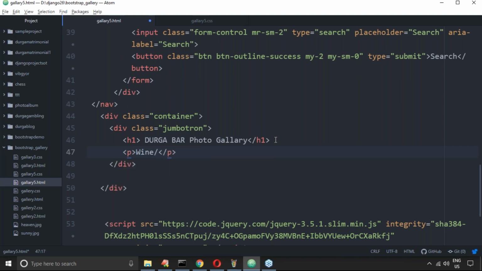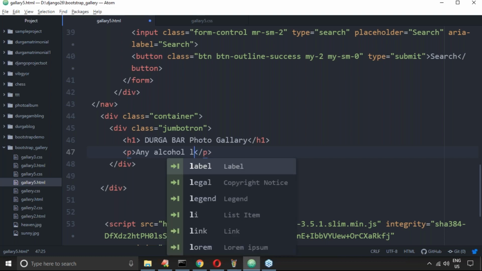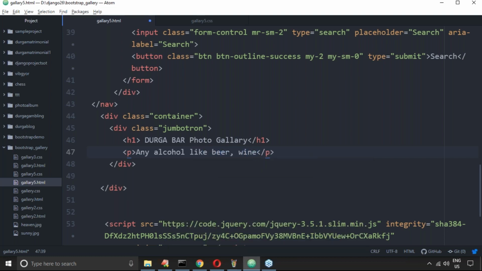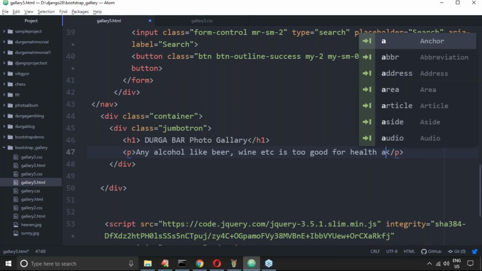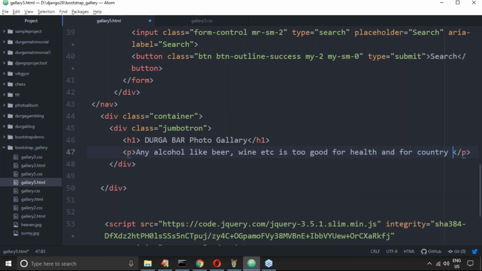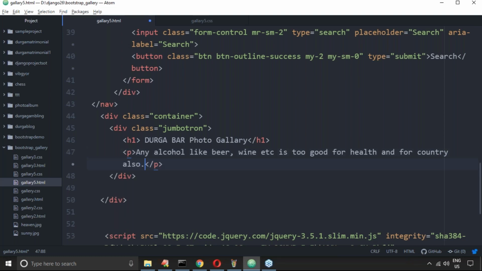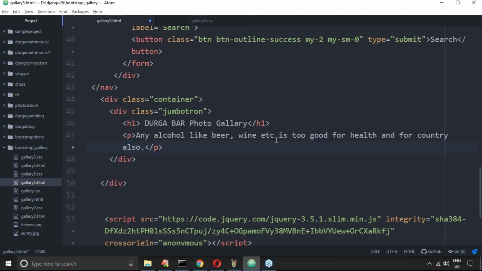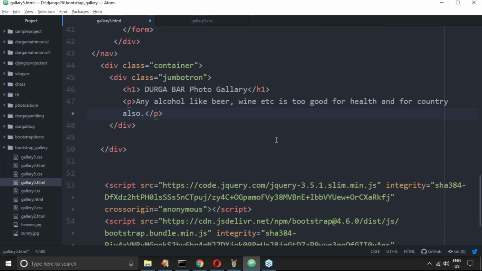Any alcohol, like beer, wine, whiskey or something, is too good for health and for the country also.